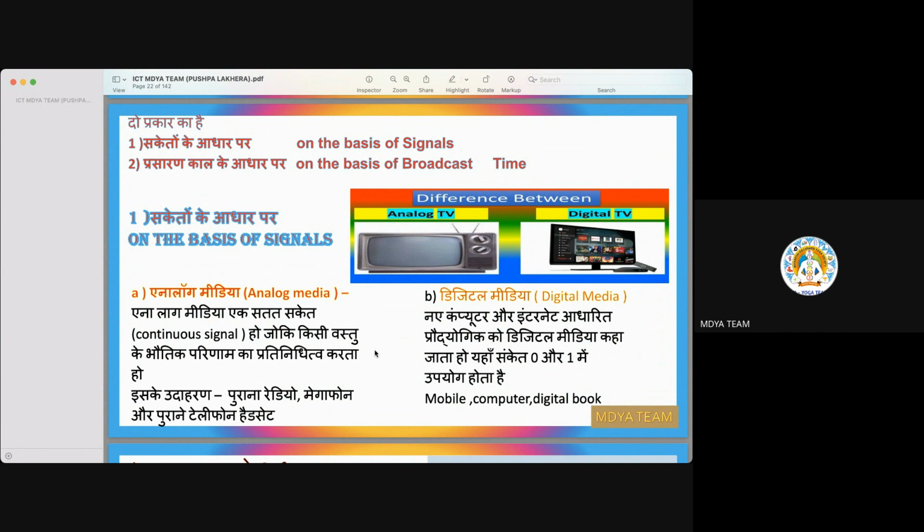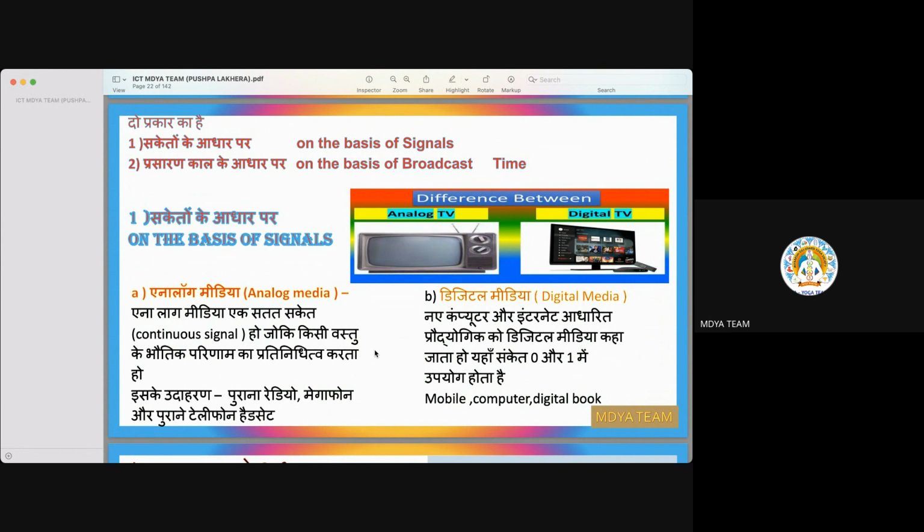Analog means the transmission of the electrical signal is continuous. Whatever they are focusing on, whether it is audio or video, at each and every place they have some value. So they transmit a continuous signal. First, the data is converted to an electrical signal, and that electrical signal is continuous in nature. At each and every point of time, it has some value. So they are analog signals.